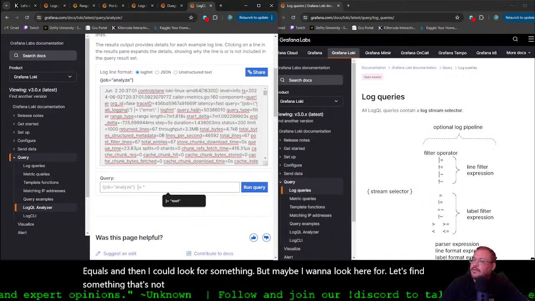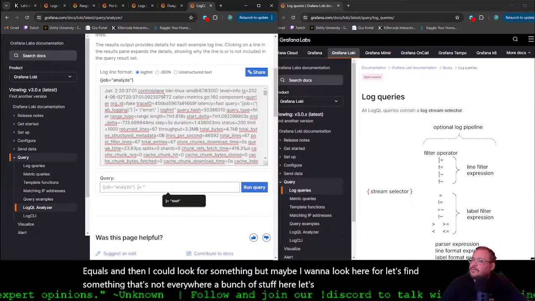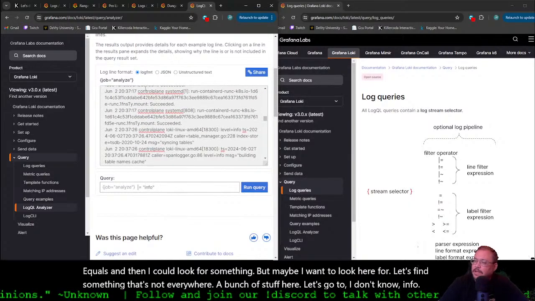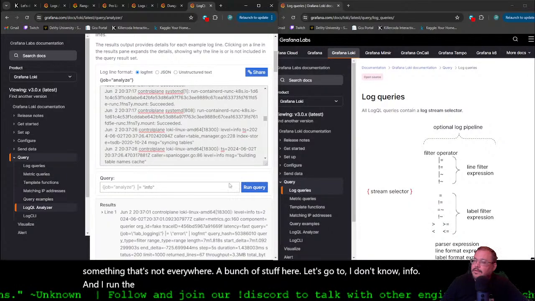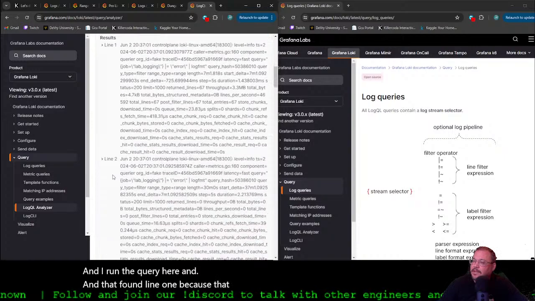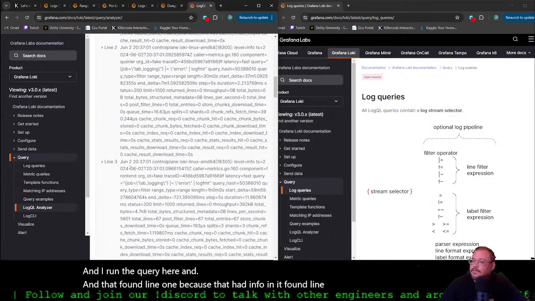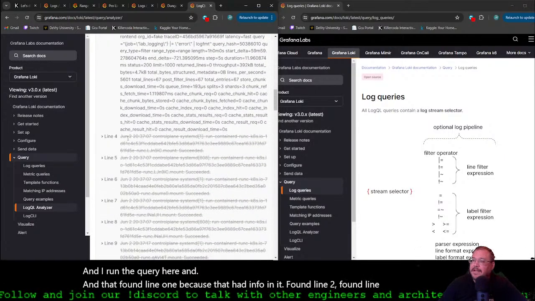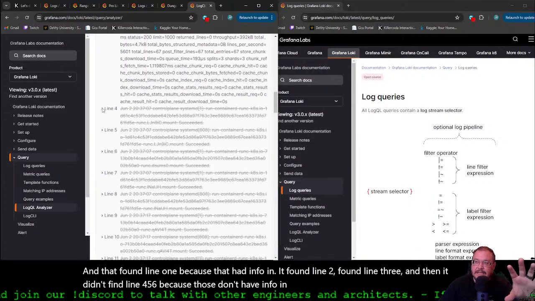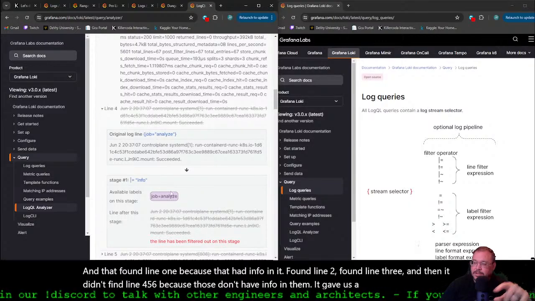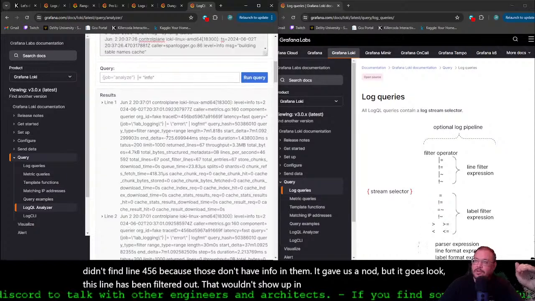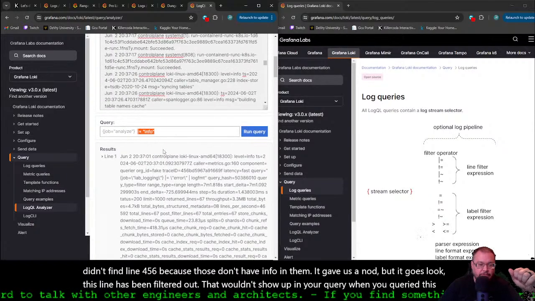Let's go to, I don't know, info. And I run the query here, and that found line 1, because that had info in it. It found line 2, found line 3, and then it didn't find line 4, 5, 6, because those don't have info in them. It goes, look, this line's been filtered out. That wouldn't show up in your query when you queried this thing for info.